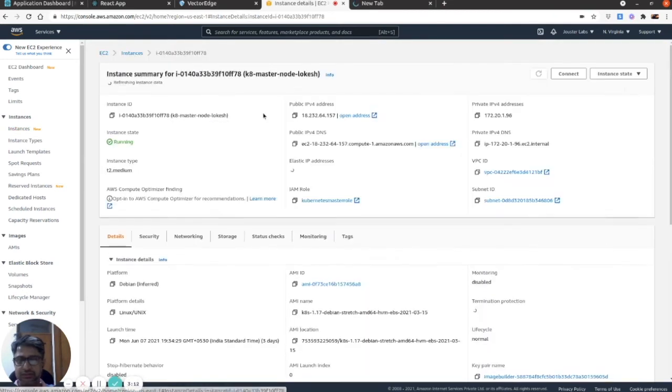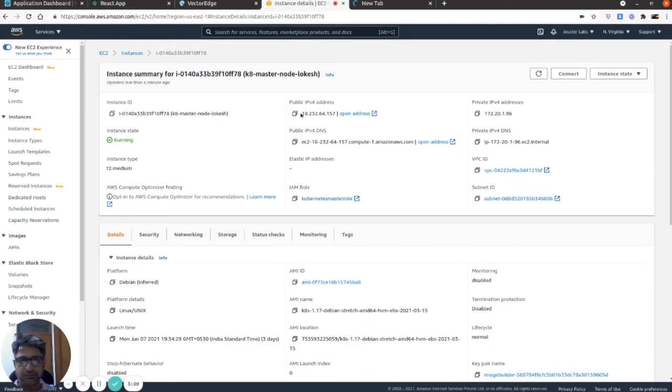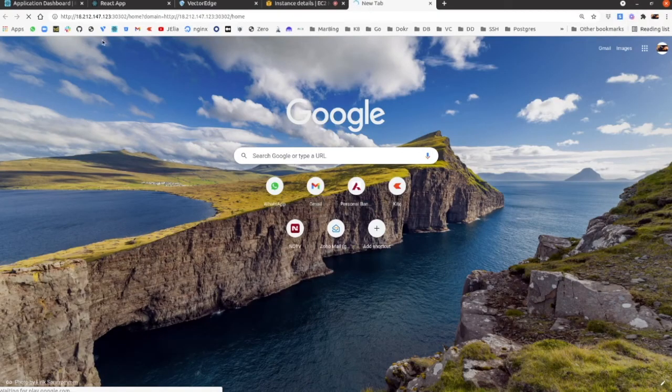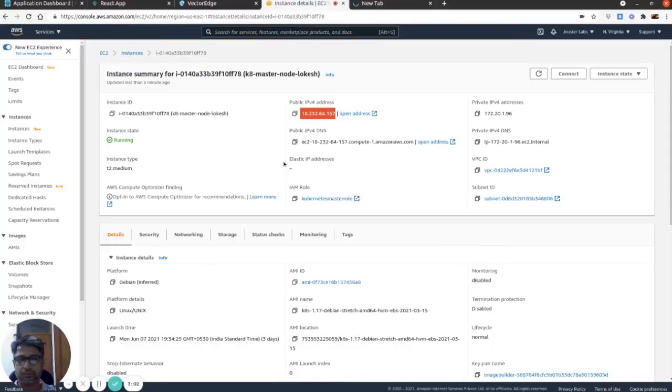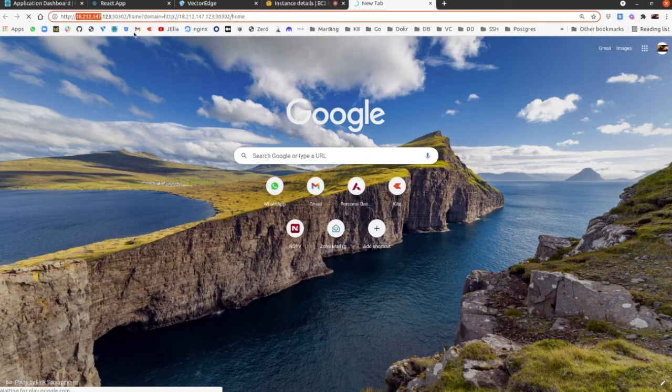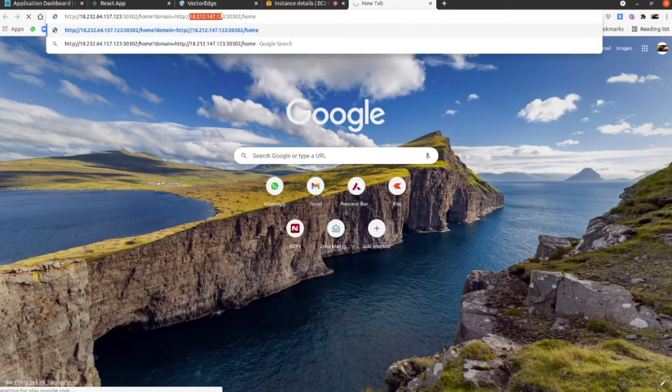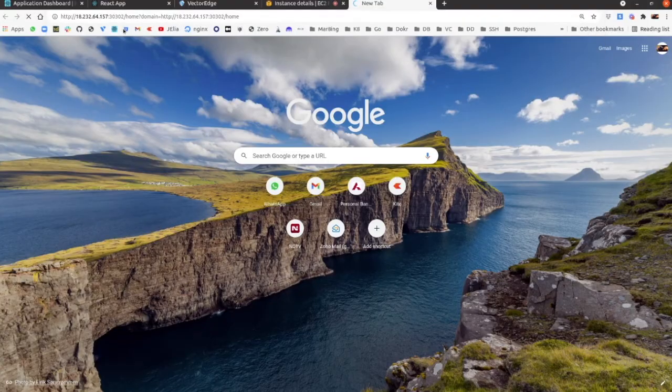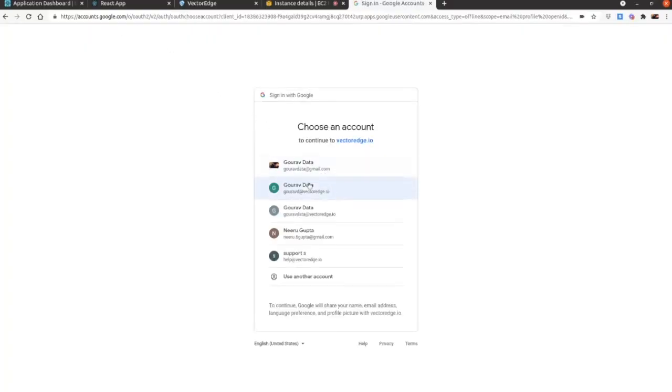This is the master node. So this IP we need. Okay, so our Kubernetes master node got launched. So this is the IP that we got. So here we go.